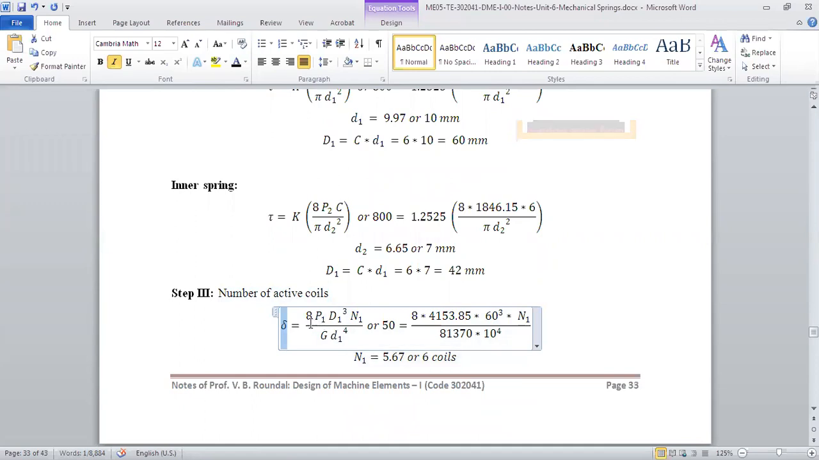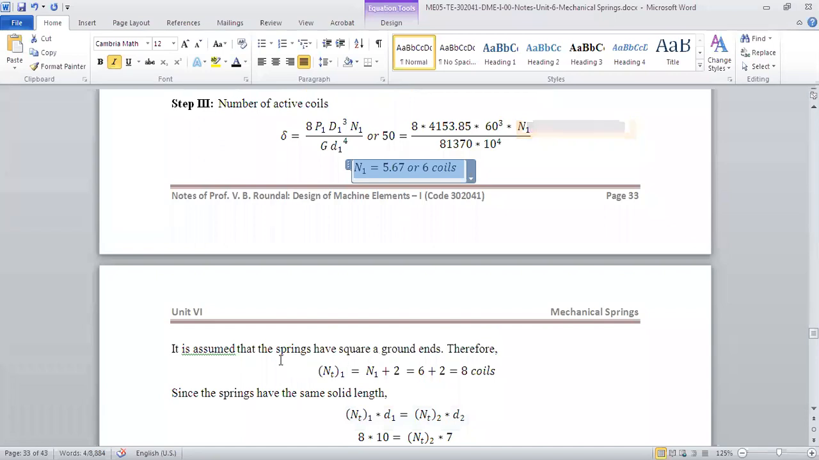Here the deflection delta of both the springs is the same. So load is different, diameter is different, number of coils is different, right. We know all the diameters now except for N. So deflection delta is equal to 50, that is what is given, is equal to 8 P1 D1 cube N upon G d1 to the fourth. P1 is 4153, we have calculated. D1 is 60, we calculated. And small d1 is 10. With this, we can get the number of coils as 5.67. Now, we'll have 6 coils